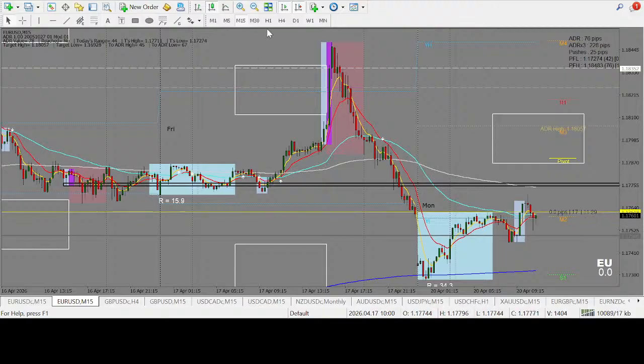Sasa last week, kama mla kumbukumbu, tulikuwa tunaisubiri hii short hapa ifanyike. Of course Friday tuliingia tukiwa tuna anticipation ya kwamba we are supposed to sell at the high price, and we were to wait for a stop hunt, and the stop hunt on Friday happened during New York session. That's when the stop hunt happened, and you can see stop hunt ilifanyika juu with the first hour during New York, that is ule muda wa saa 10 mpaka kuelekea 10:30, na baada ya hapo soko lika reverse kwa kuform